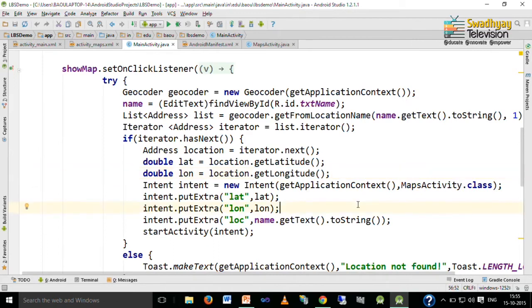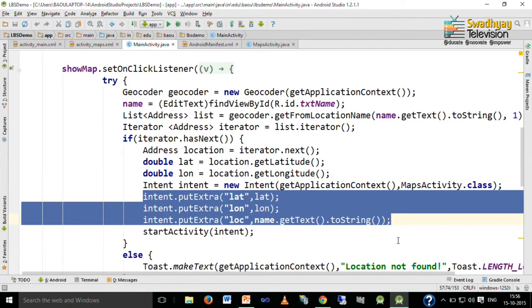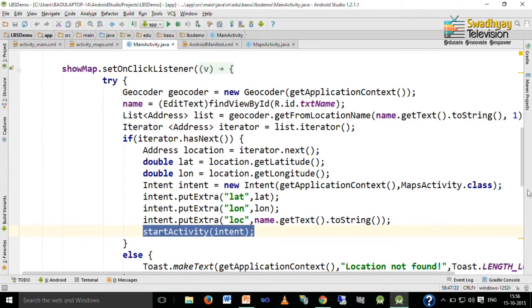Now, once the longitude and latitude for the given place are available, we can launch our MapsActivity using an intent. So, here I write intent is equal to new Intent, and the first argument is a context and the second argument is the name of the activity. In our case this is MapsActivity added by our project, and finally we pass these three pieces of information, which are the latitude, longitude and name of the given place, to this activity,